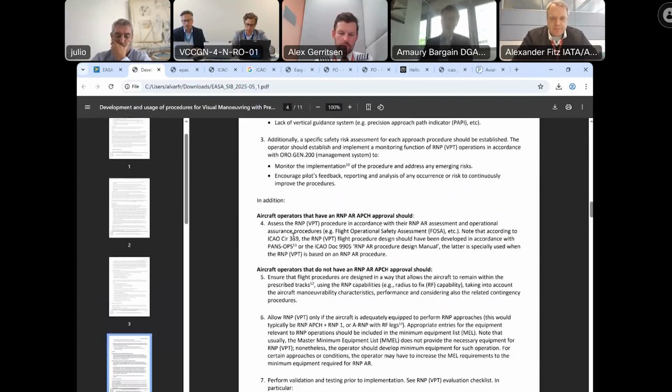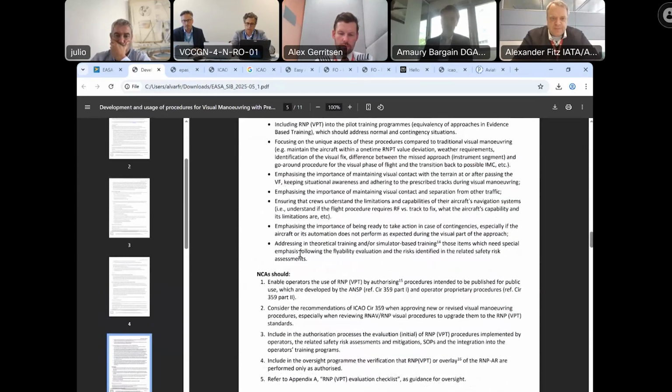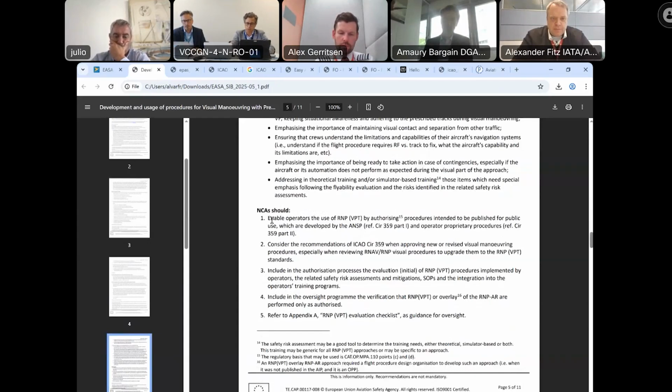The authority, I go to the authority part here, is what we say, enable the use of RNMP by authorizing, okay? And here, there are different approaches because they should follow the CATO PMPA 110. Either the authority approves a general process in which they can validate all the approaches themselves, but the process of validation, I call it validation, in the SIB is not called validation. But this flyability assurance,